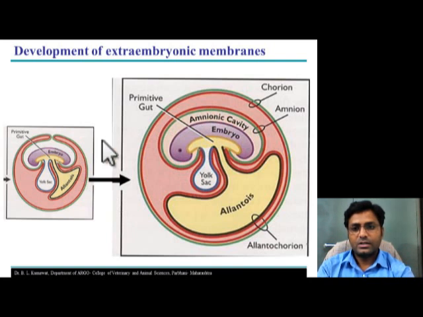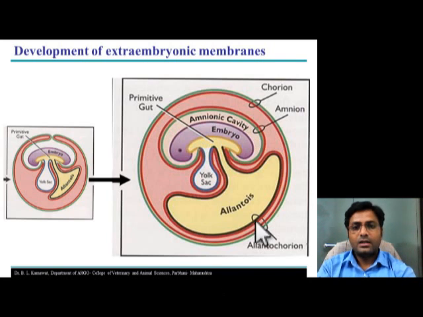Right from here, after fusion, there is formation of double cavities or double sacs around the embryo. The inner cavity contains the embryo proper and is termed the amniotic cavity, whereas the outer cavity is called the chorionic sac. Now you can see the membranes of both cavities, chorionic as well as amniotic, are made up of mesoderm and trophoectoderm. Here also, mesoderm and trophoectoderm.